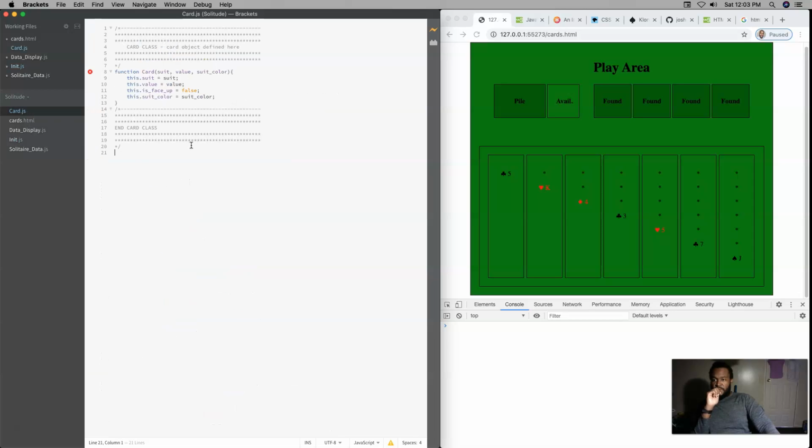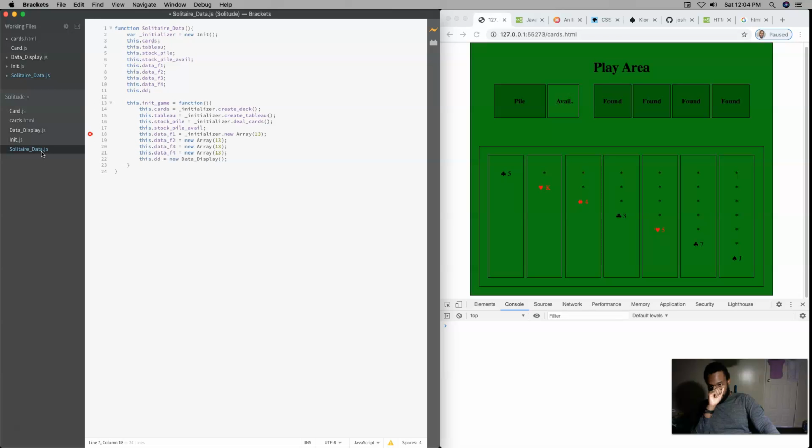How do I handle that? Because card needs to be visible. Hmm. It seems like card,